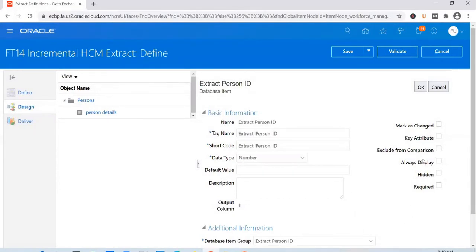You can hide the attribute if you want to mark it as required. You can play around with the properties, but two key checkboxes that you need to tick here are these two: select mark as changed and select it as key attribute. Just select the threading database item, add that column, add the database item as an attribute, and tick these two